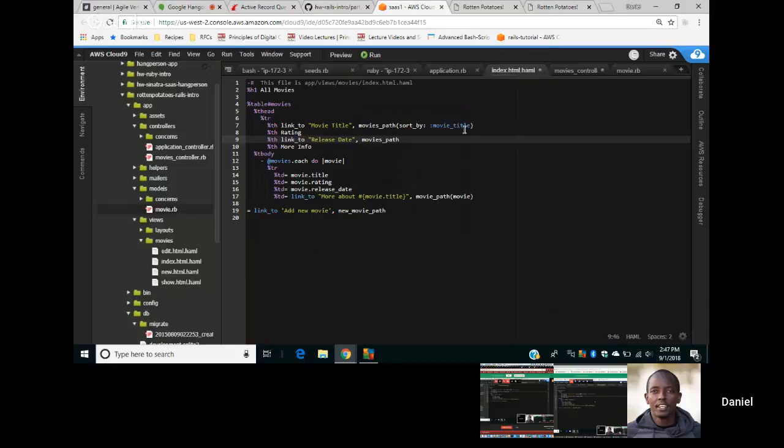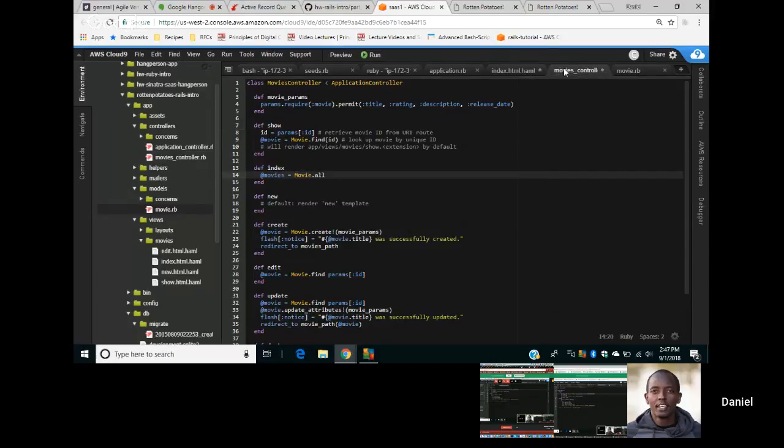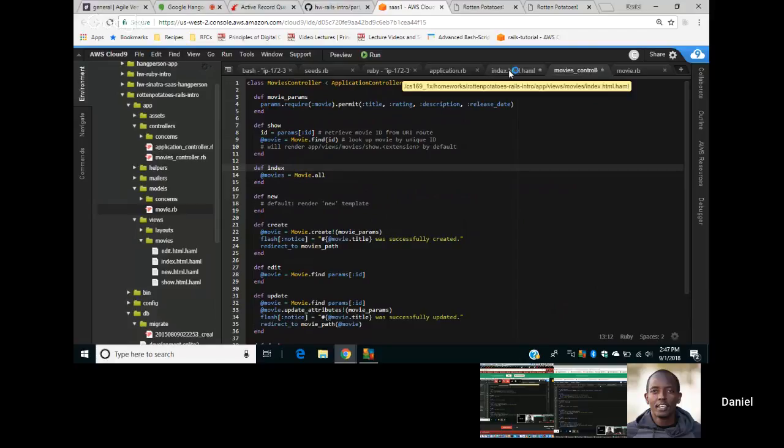So my idea was to pass just a parameter so that I could add the logic in the movies controller, in this index. No, I don't think it would work like that. I think you guys should definitely explore it, but